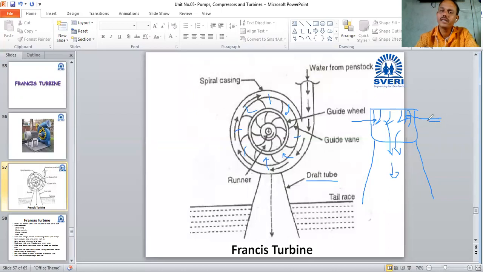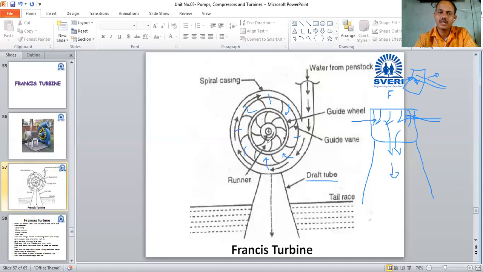Okay, when water enters here, at that time, on one side of the vane, high pressure of water is created, and on another side, low pressure is created. Due to that, from the high pressure side, the force is applied. Due to that force, this vane starts moving. Okay,